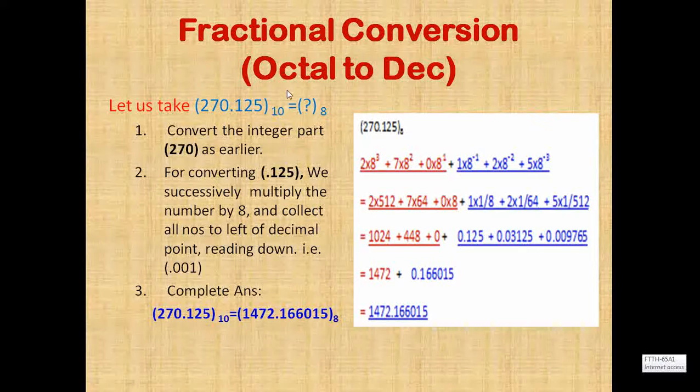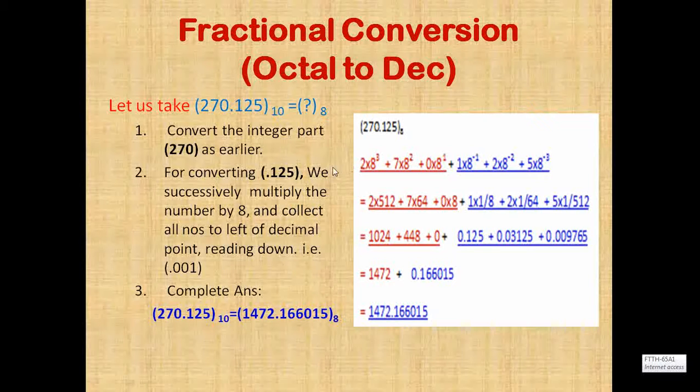Now suppose we have to convert a fractional octal number into a fractional decimal number. So what we will do, 270.125 base 10 is equal to question mark 8. First of all we will convert the integer part 270 as earlier. So 270 becomes 1472 in octal form, and then we will convert 0.125